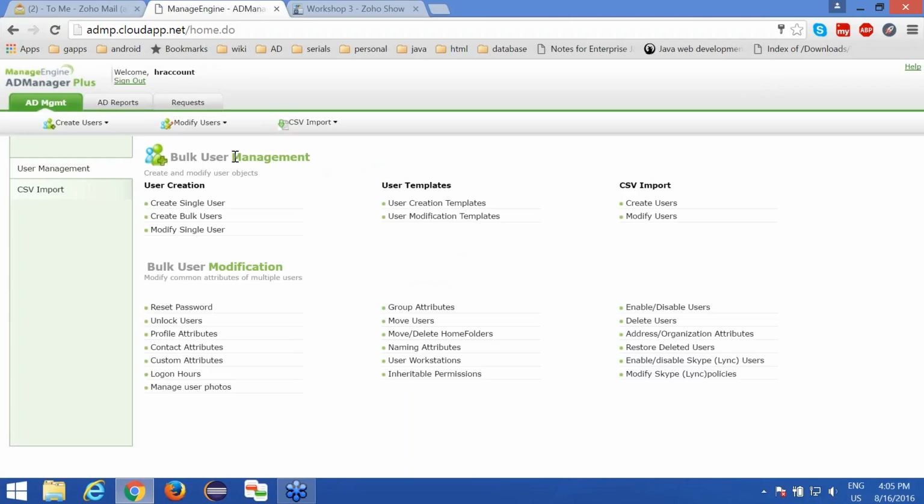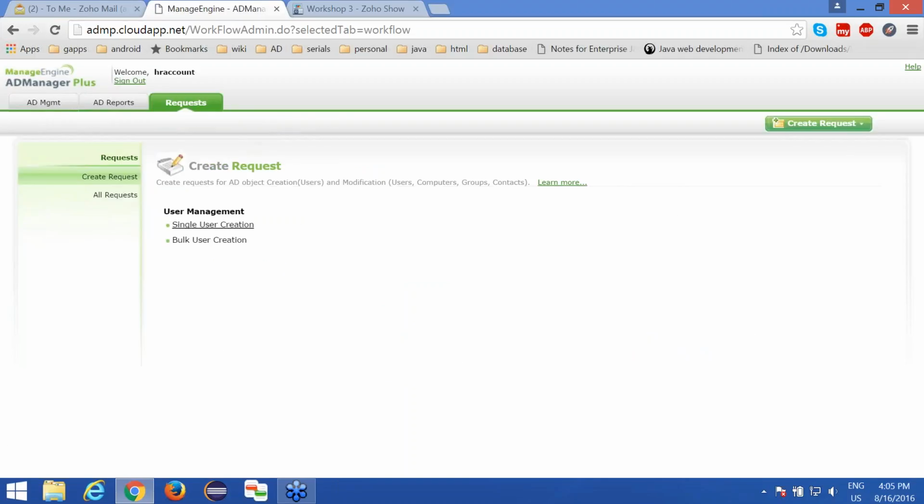Okay, so the first step is to raise a request. As you can see here, there's a tab with the name requests. We need to create a single user creation request. So under create request, click single user creation,